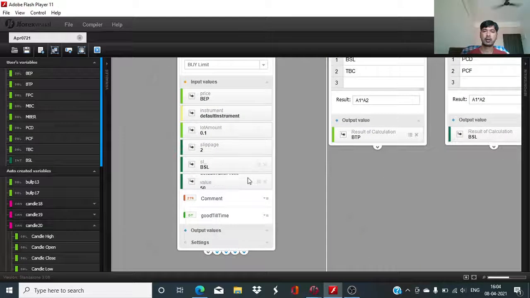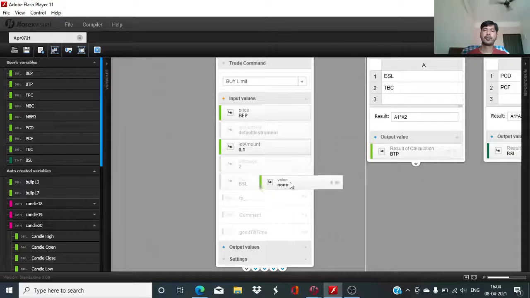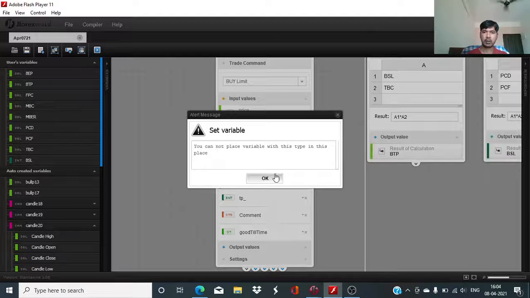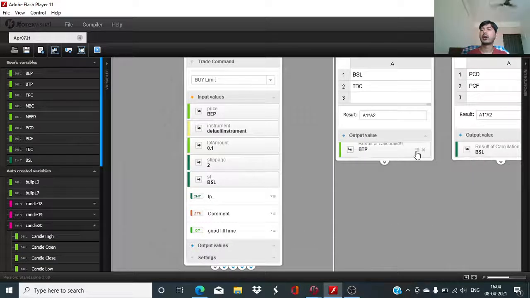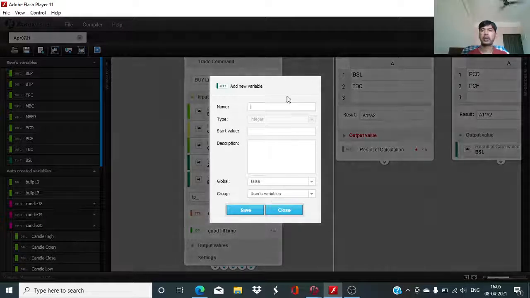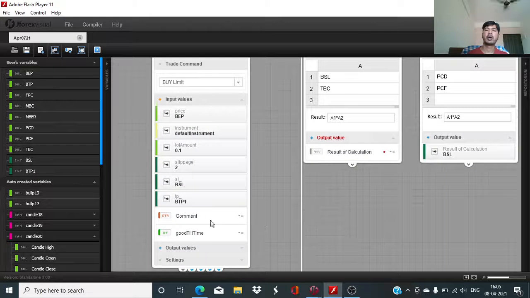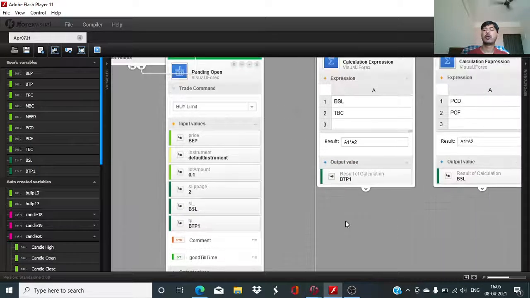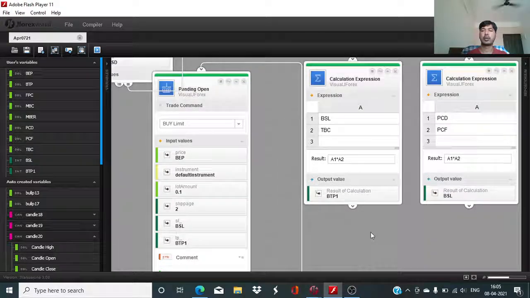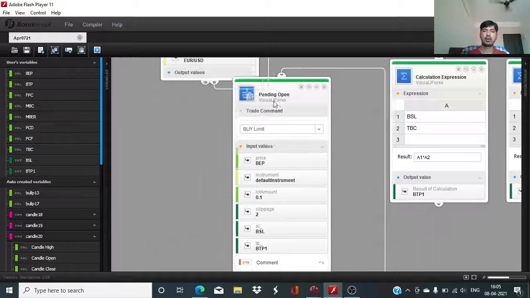Okay, oh, I forgot, we need to create the variable here to make sure that the data type matches. So this is going to be take profit 1, and its value will be derived from this output value, result of the calculation. Okay, and